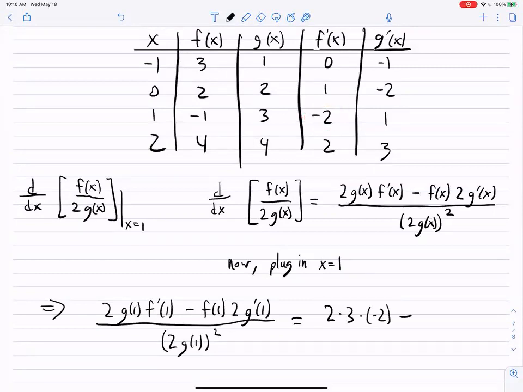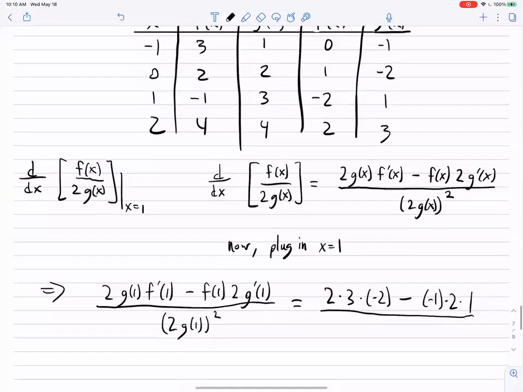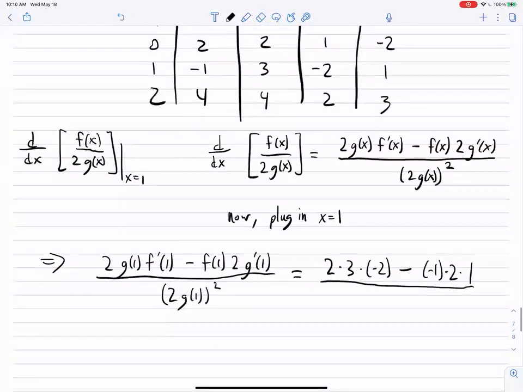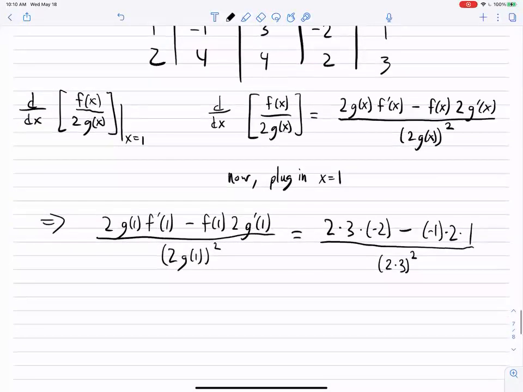And then minus f of 1. F of 1 is -1 times 2 times g prime of 1, which is 1, times 1 all over g of 1. G of 1 is 3. And so this becomes 2 times 3 squared. So what does that equal? This will equal